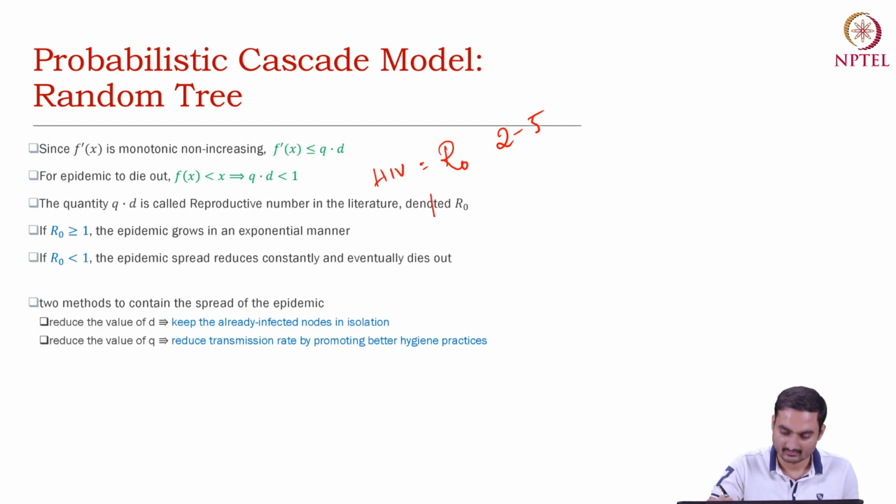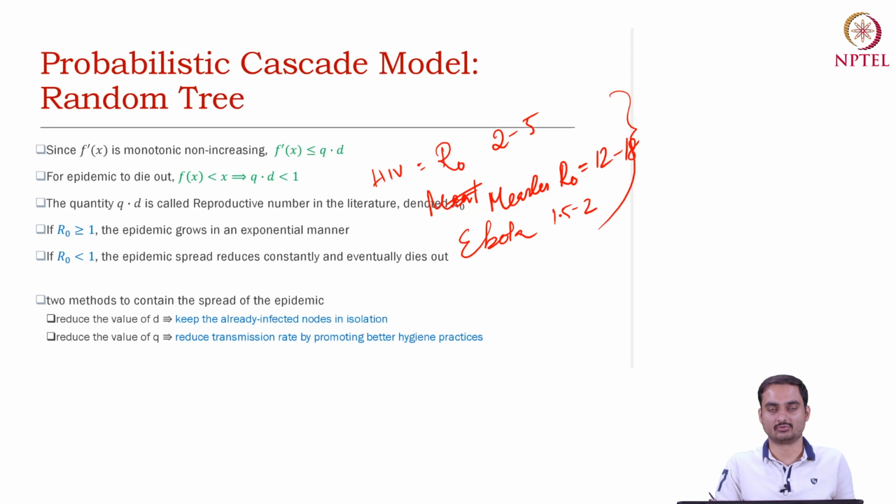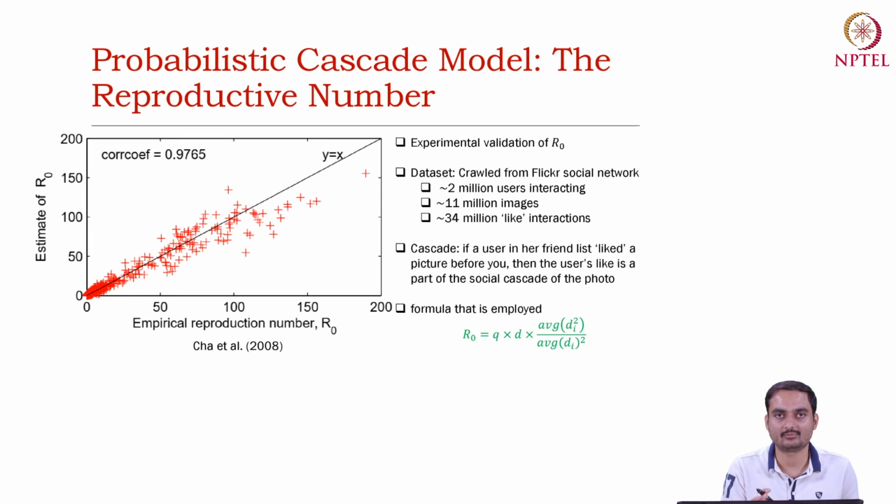For measles, R0 was between 12 to 18. Think about the amount of infectiousness, right? For Ebola, it was around 1.5 to 2. These are all scientifically shown. Okay. So if you look at a real world online activity, online spread, there is a nice paper,